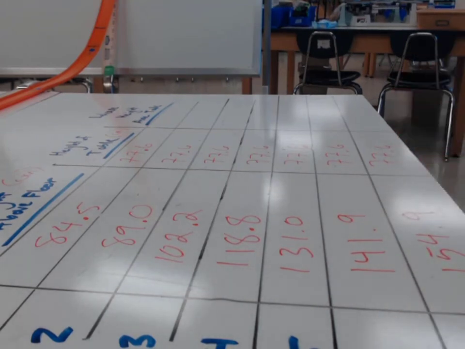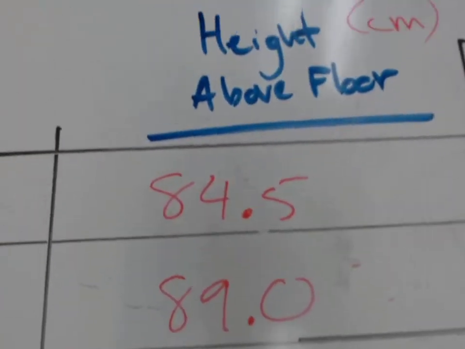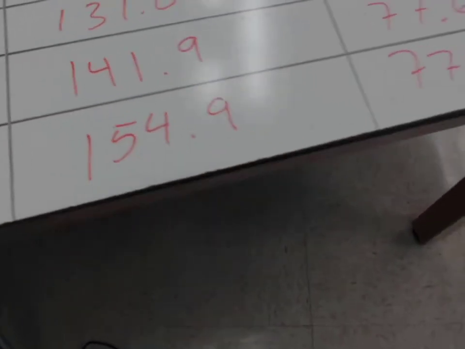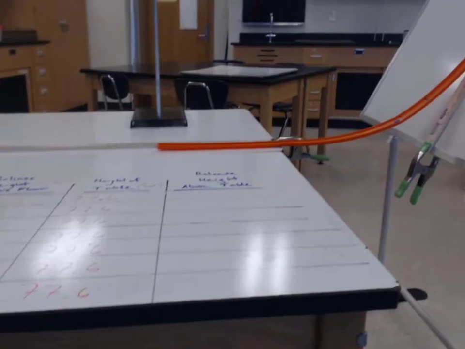154.9 centimeters is our seventh and final height above the floor. Again, this first column is the release height of the car above the floor. We want to know not how high the car is being released from the floor, but how high it's being released from the table. So in our second column, all of the numbers are the same because this second column is just the height of the table,